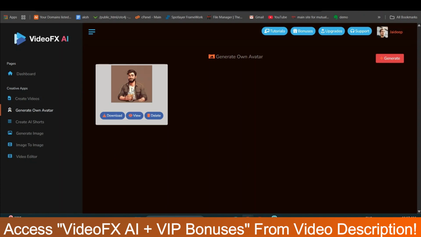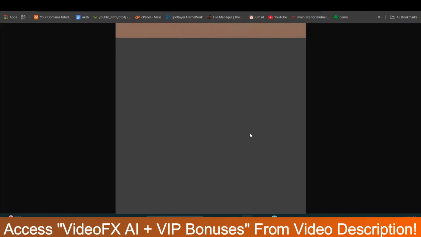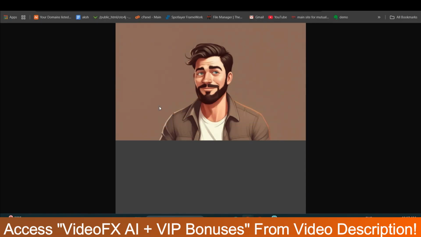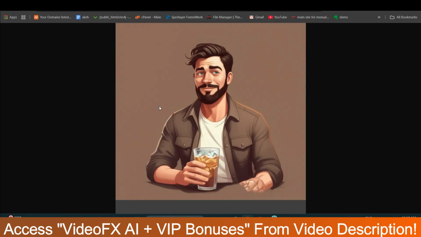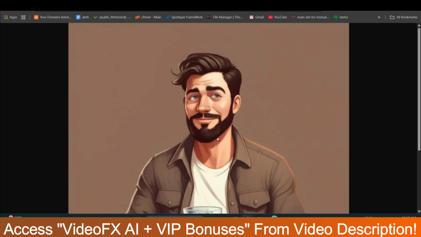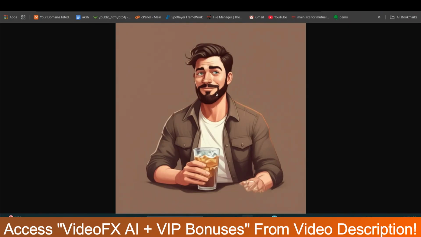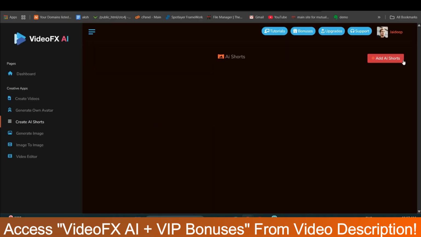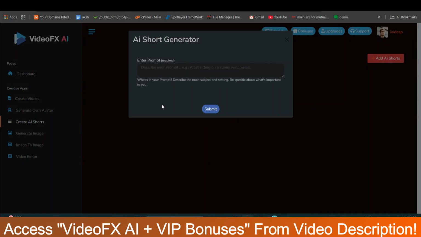The avatar is ready. You can simply view here. See, my prompt was generate a realistic man holding cold drink in his hand. So as you can see, the quality of the image is very good. Now click on AI shot. You can generate unlimited shots with just a prompt like